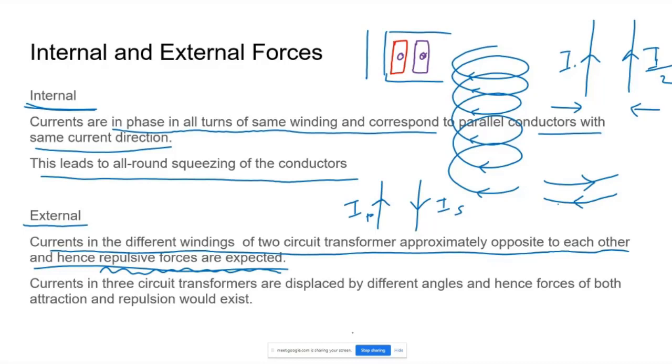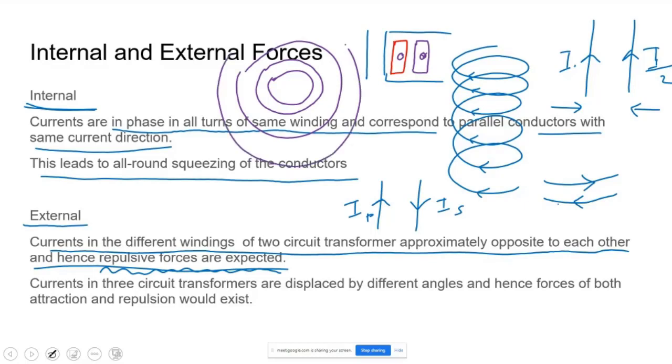See, I'll show you. If you see from the top of the transformer, this is the primary winding, which looks like a cylinder, right? Yes, sir. And then you have another winding. This is the secondary winding, right? And in the center, there is a core also. So it looks like this if you see from the top.